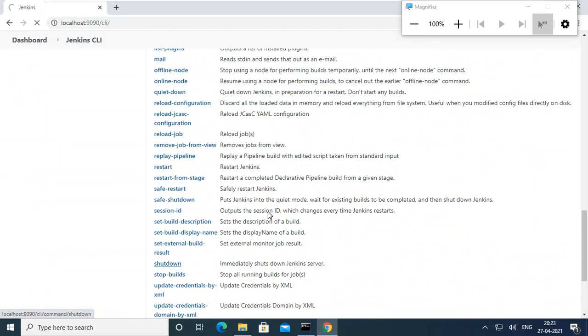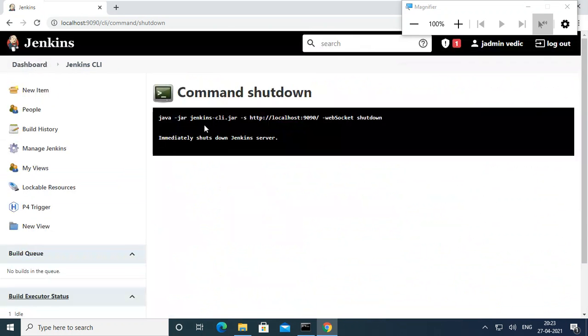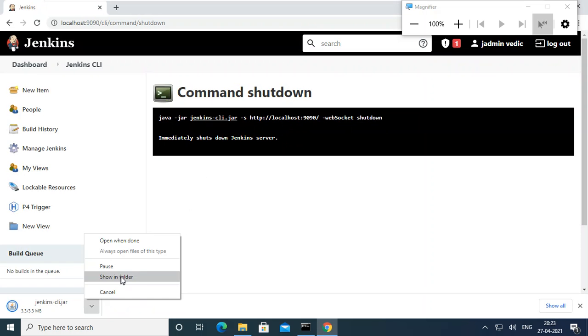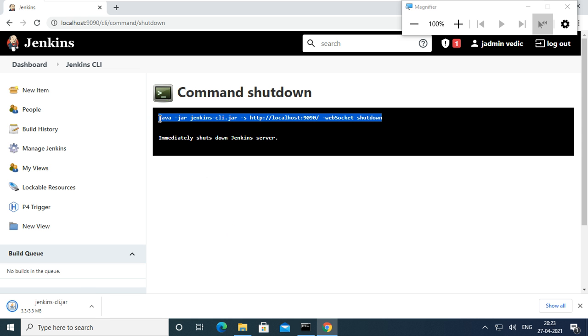Safe shutdown is there, shutdown is also there. You have to download this jar. So I'm downloading. Keep it. Show in folder. Copy this command.